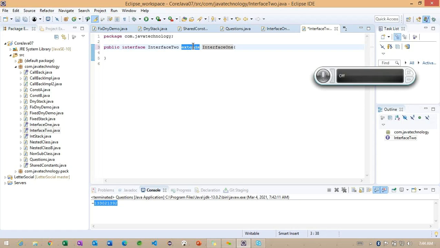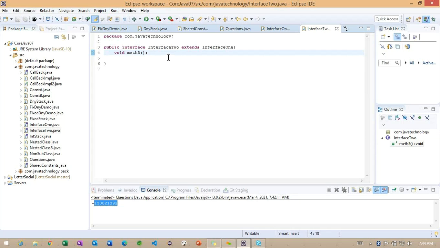Only in one case we use implements, that is class to interface. In all the remaining cases we are going to work with extend. Right. So we created extend here, and I'm going to add method 3. So how many methods have we declared as of now? We declared 3 methods. Getting the point?